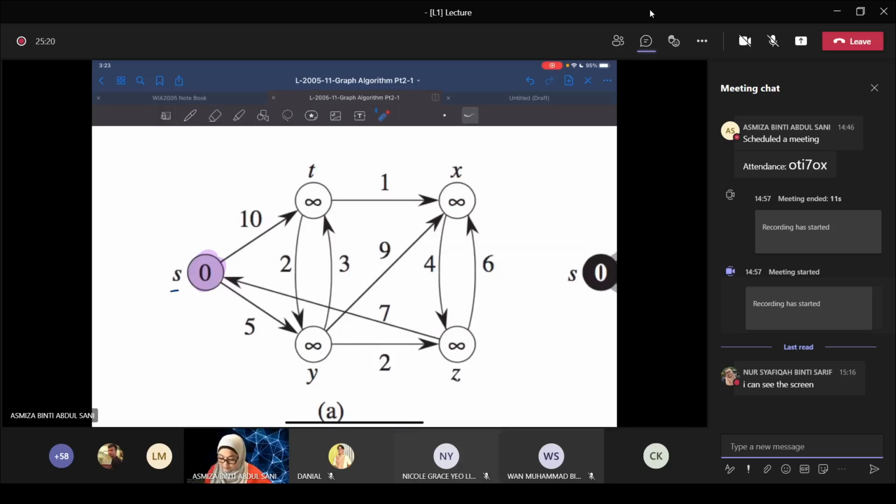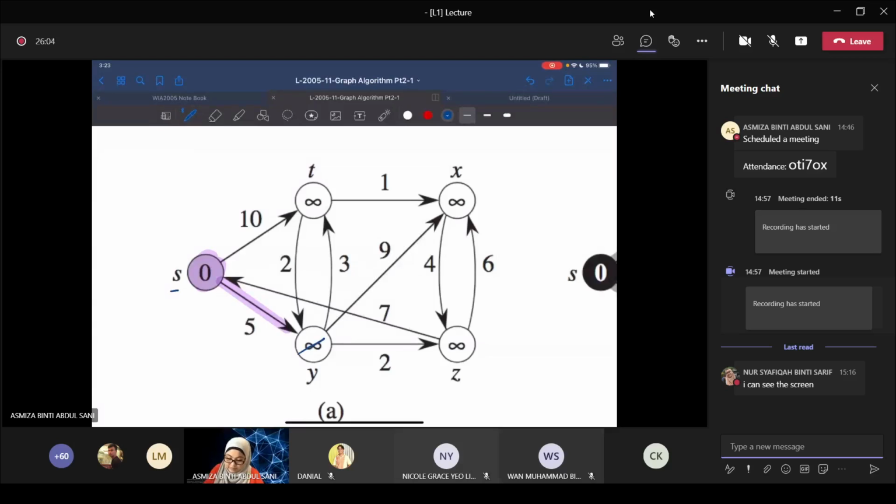Okay, so let's start by doing the relaxation. How do you choose the edge to relax? Since we start from S, we look here: S can go to T and S can go to Y. Between these two edges, 10 and 5, we are going to choose the smallest edge to relax. So in this case, we are going to choose this edge to relax, right? Therefore, we can update the distance from S to Y